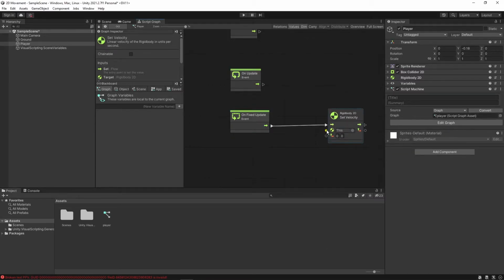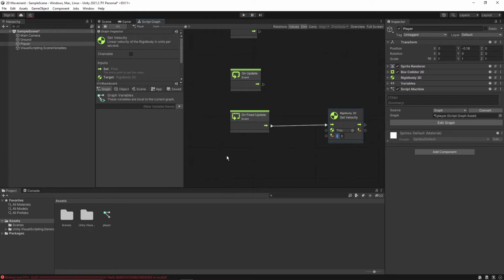It takes a reference to a particular game object, and this is the reference because we want to move the player game object itself, so this is for the current game object. It takes a vector with x or y values. We want to move our game object in the x direction, so we have to pass the x values here, and those x values should be based on the input that we are sending.